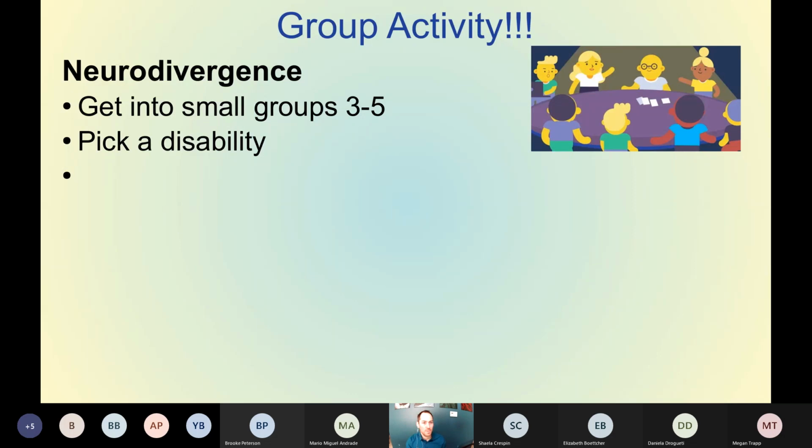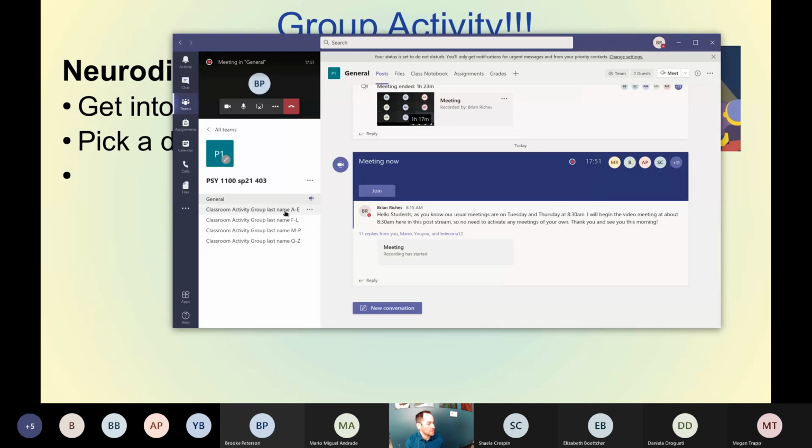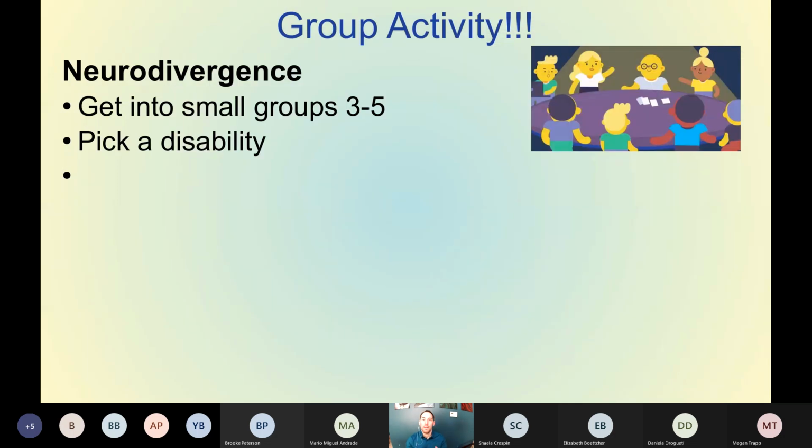As a reminder, I'll show you how to do that again. You'll click over here on Teams, and you'll jump into whichever group corresponds to your last name. Again, if there's only 2 of you in that group today because the other members are gone, feel free to jump into another group. But a group of 3 is probably sufficient. So jump into one of these, and then you will quickly, together, pick which